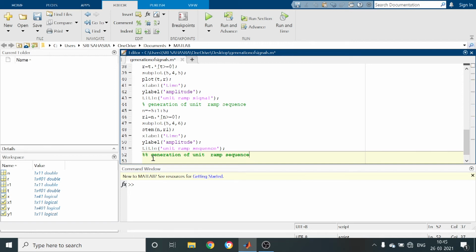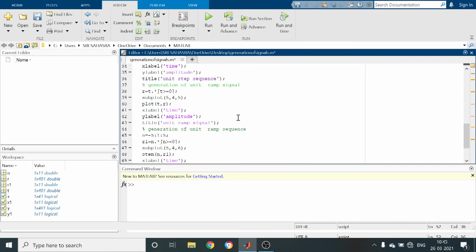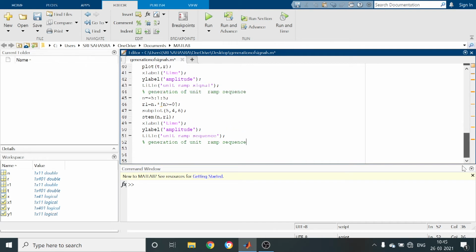So instead of copying, I am just writing T equal to. So what is the heading? Generation of square signal.